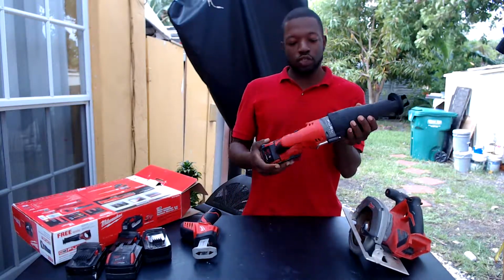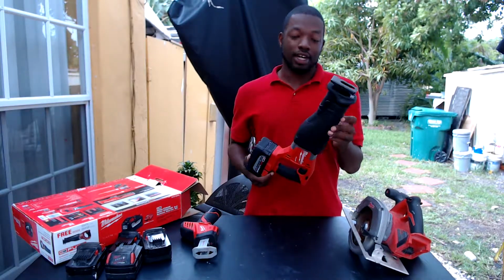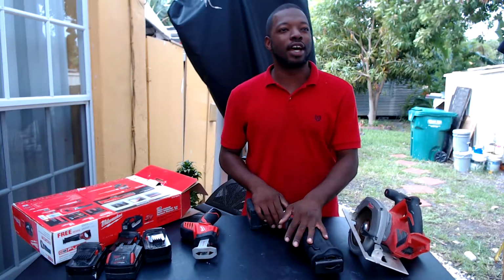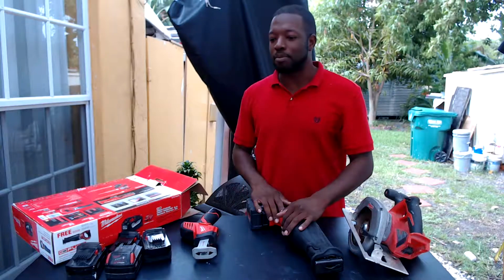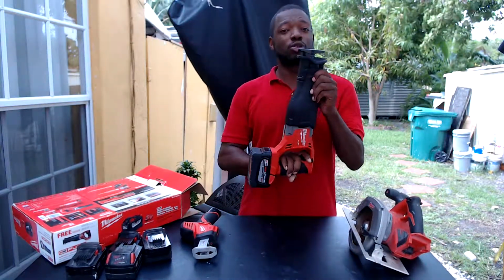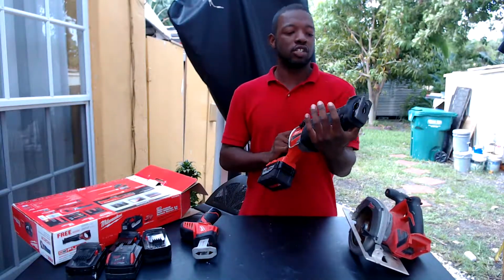And I haven't used this one yet, but the one that I do use, man, I cut a lot of stuff with. I cut metal, wood, clothesline down. I did whole house demolitions with that thing. I took a whole addition off of the back of a house with it. I cut like a half of a roof off with it. This is the tool you got to have if you plan on doing any type of renovation or construction